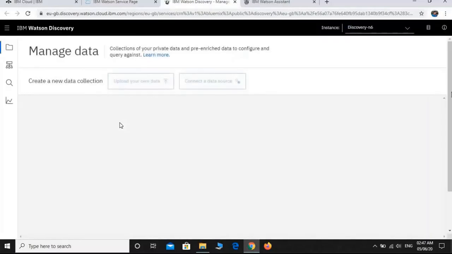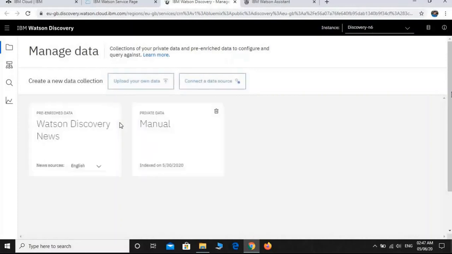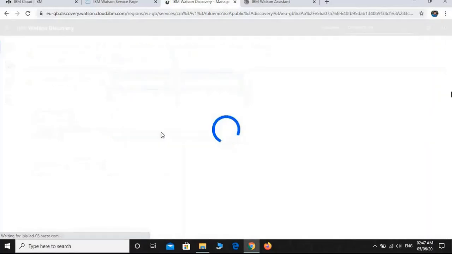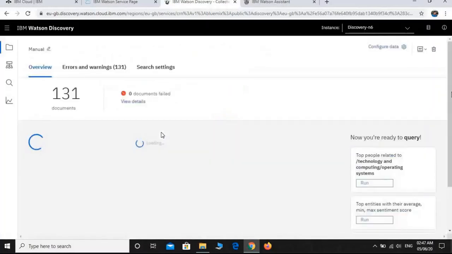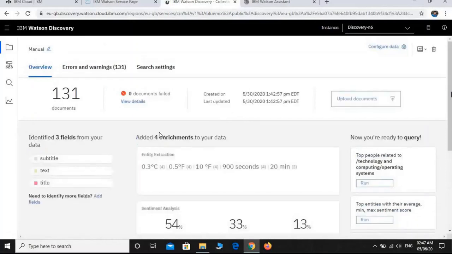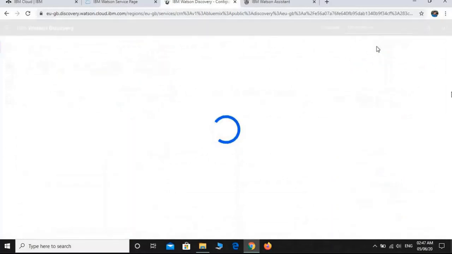As we can see, there are options: upload your data, connect data source, Watson Discovery News, and manual. So we go into the manual part. This is used for training on the documents so that it can give answers to our queries.